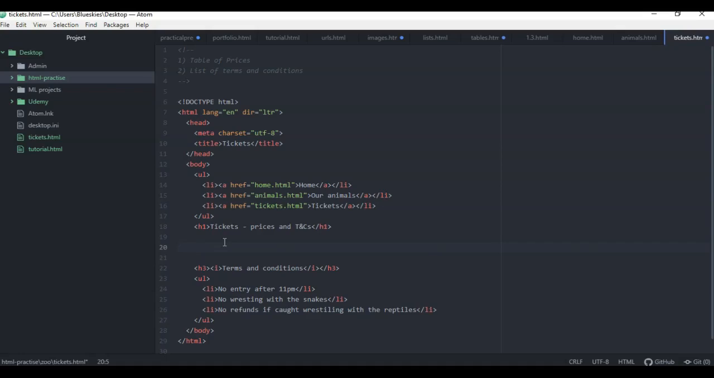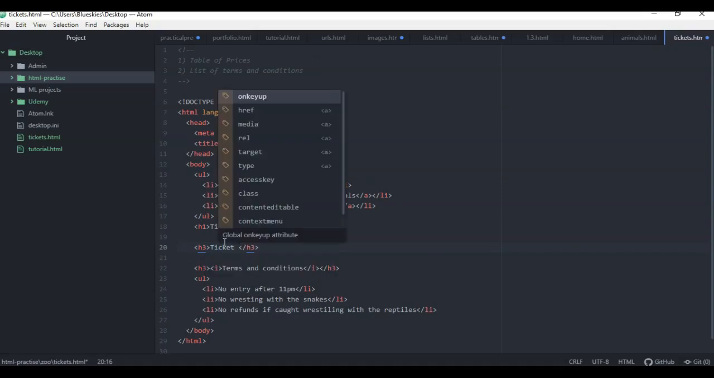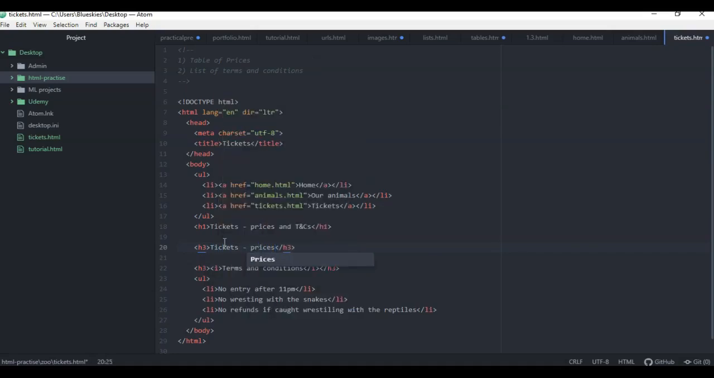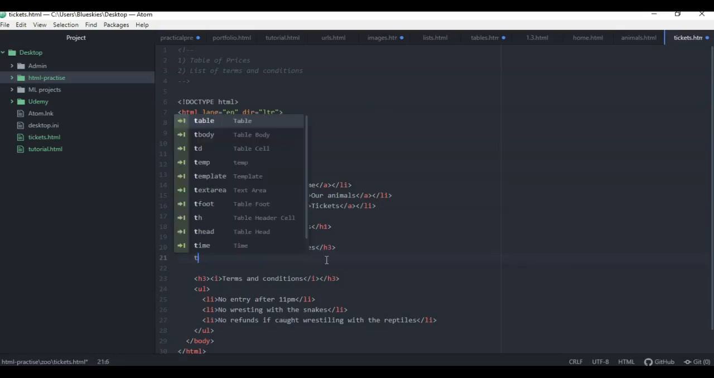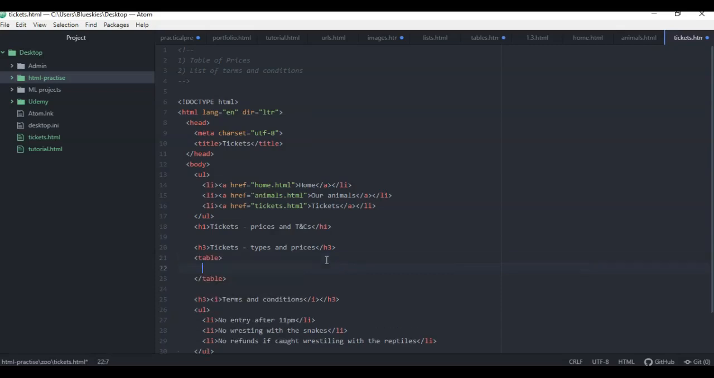So I'm going to put an H3 again that's just called tickets, prices, maybe types and prices. So first of all, the first tag we want to use is table to say we are creating a table. The next thing we want to do after that is create a table row. Our first row is going to be the headers, because this is where we're giving names to the columns. So our first header I think we should have as